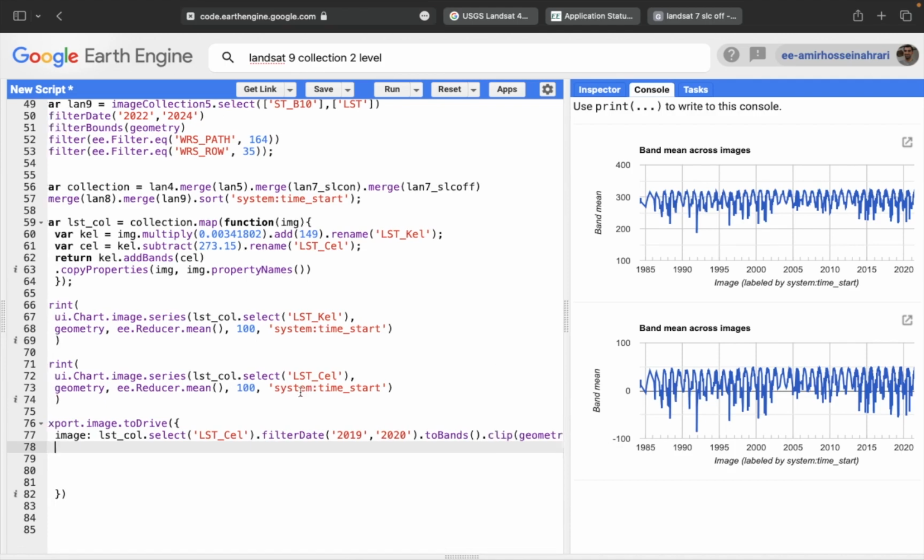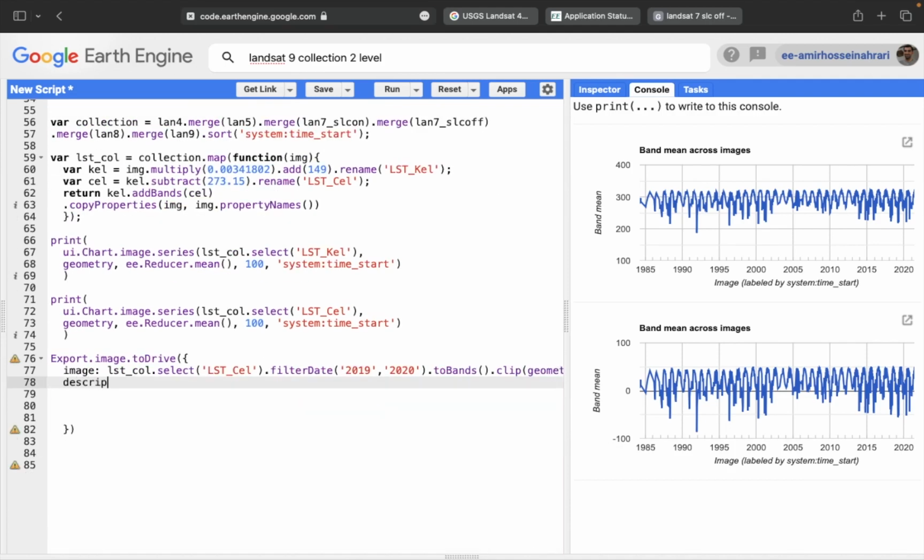So the next argument is the description. The description should be LST Celsius or anything you want, and the scale should be 100 meter, and the region of interest is